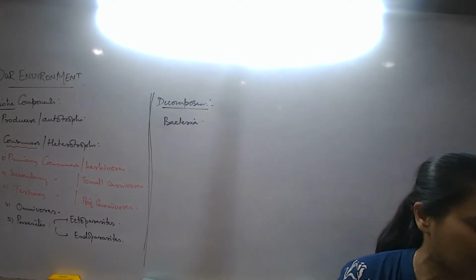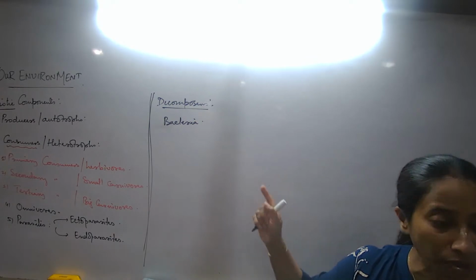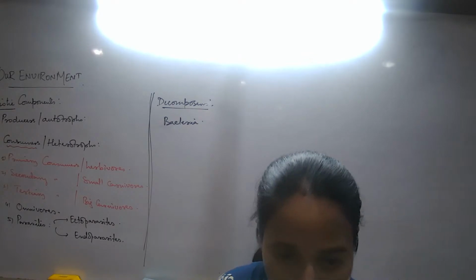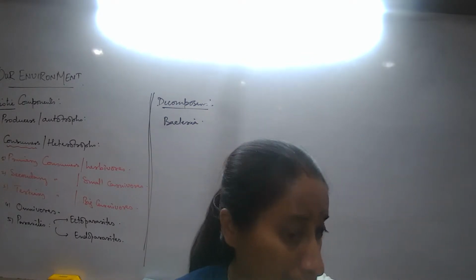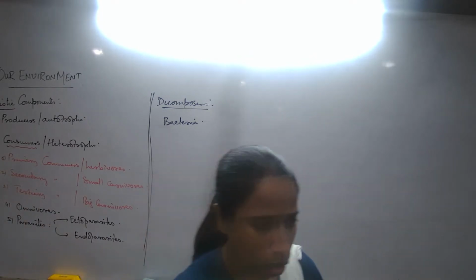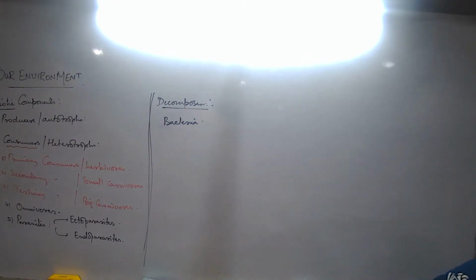What are some of the benefits? Now that the process of decomposition has happened, the topmost layer of the soil became even more fertile than before. What is the topmost layer of the soil known as? Humus. The topmost layer of the soil, if I talk about the red soil, if I talk about the loamy soil, always appears darker than the rest of the layers. Why? Because it has got a layer which is formed by the decomposition. What type of organisms involved? Bacteria involved.